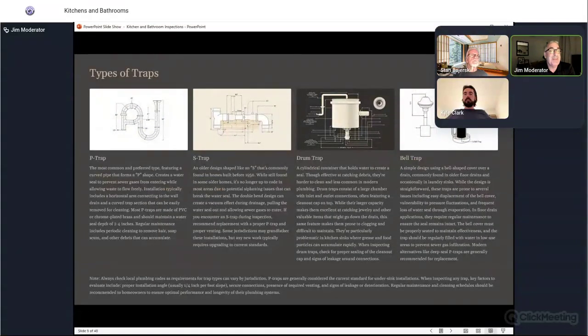Right now, types of traps. We have a P-trap. This is the most common preferred type, featuring a curved pipe that forms a P shape. It creates a water seal to prevent sewer gases from entering while allowing wastewater to flow freely. Installation typically includes a horizontal arm connected to the wall drain and a curved trap section that can be easily